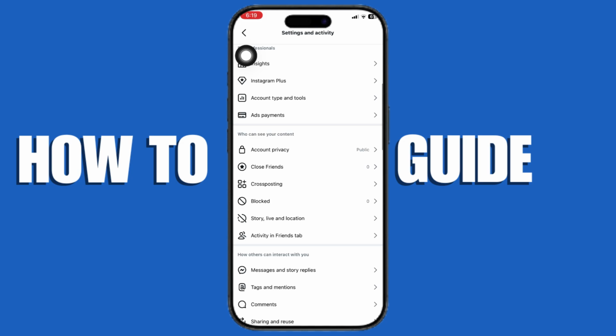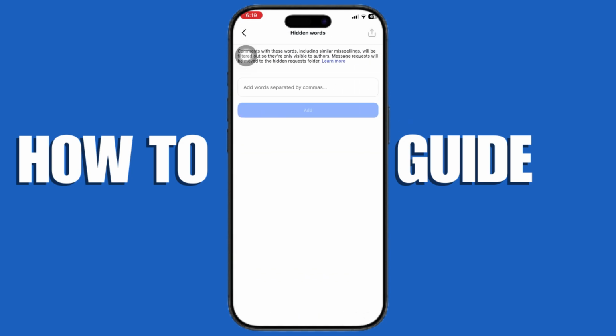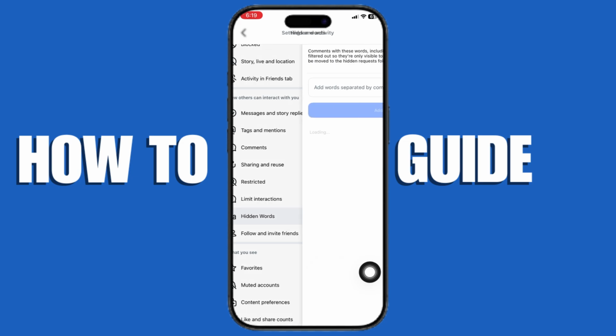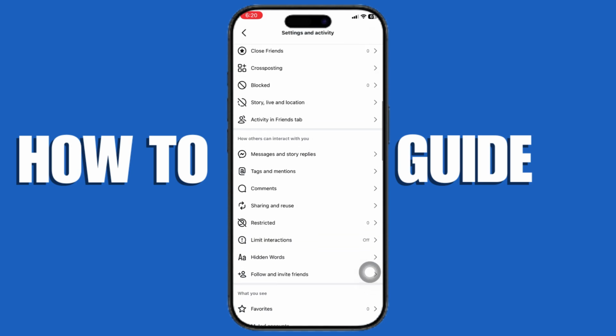Scroll down and tap Hidden Words. Here, you'll see options like Hide Comments and Advanced Comment Filtering. If these are turned on, Instagram automatically hides comments it thinks are offensive, so simply toggle them off to start seeing more comments again. Next, go back and tap Privacy, then Comments, and check if you accidentally blocked specific users